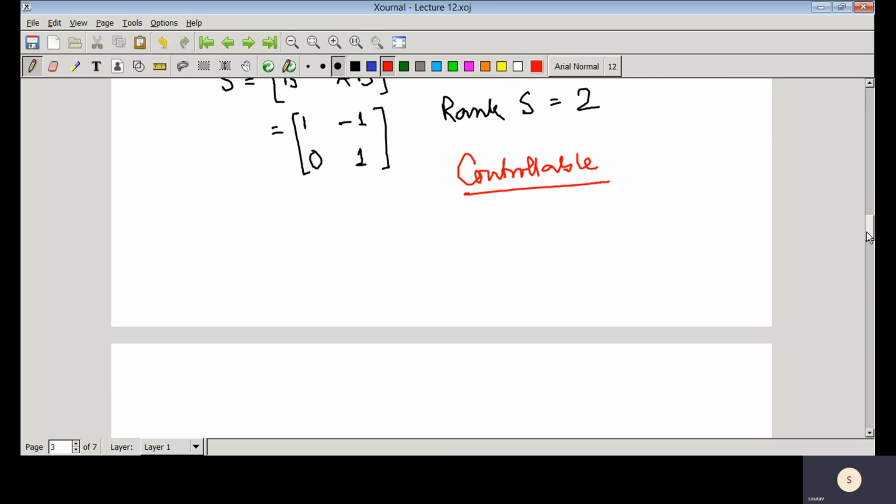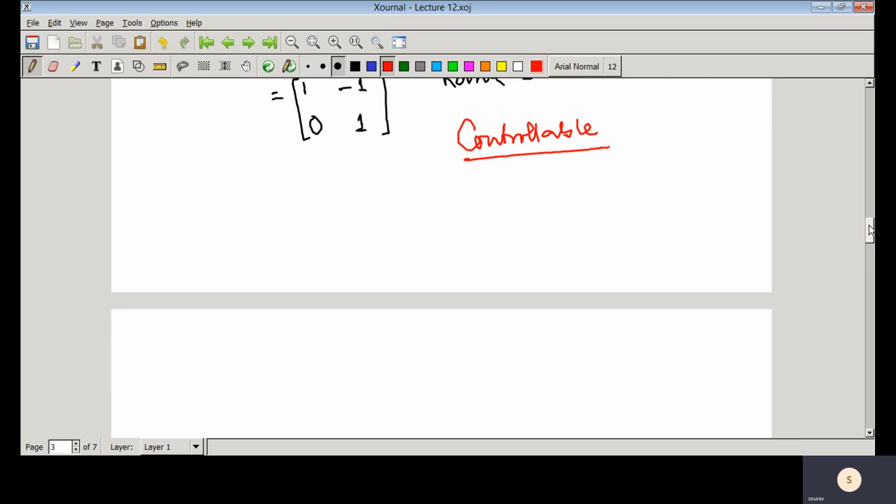So let us see another concept which is called observability. This is also one structural property of the state space realization. And here if we have